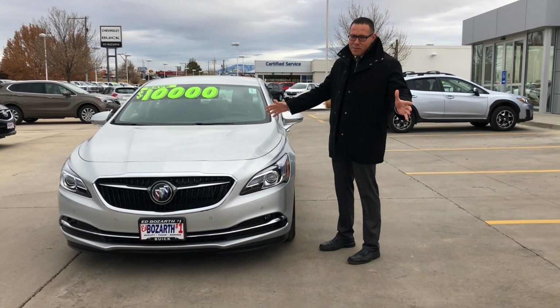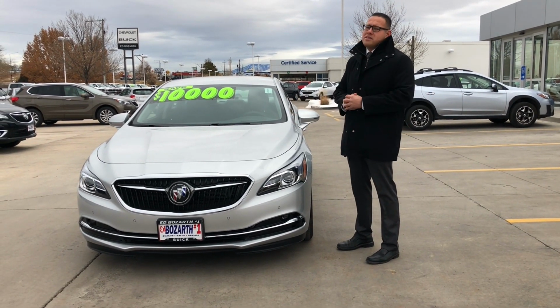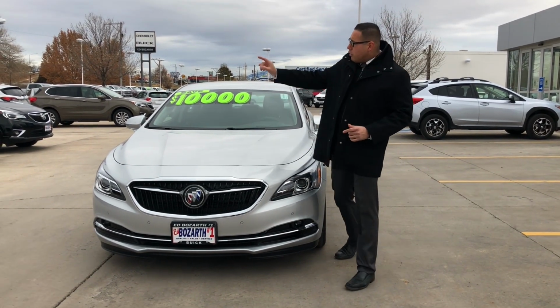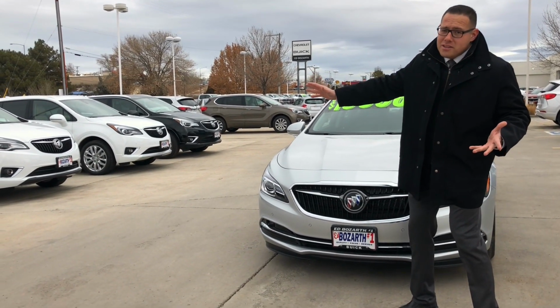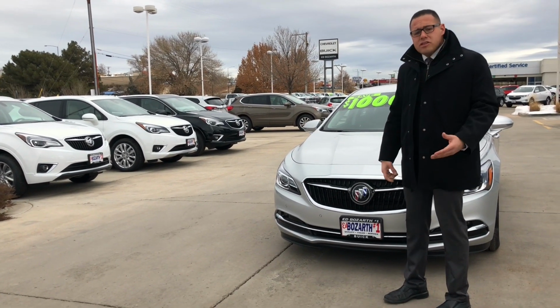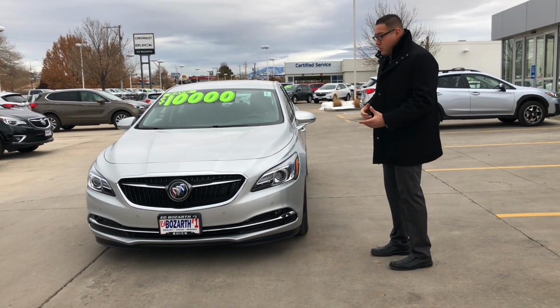Now, I'm super excited about this product here. I personally own a Buick, and I have to say the experience is phenomenal. Now, I don't own this particular sedan. I actually own what we have over here on the right-hand side, I apologize. Notice how this is not scripted. On the right-hand side, we have the Buick Envision. That's what I have, but they share a lot of the same similarities, and I really want to introduce you